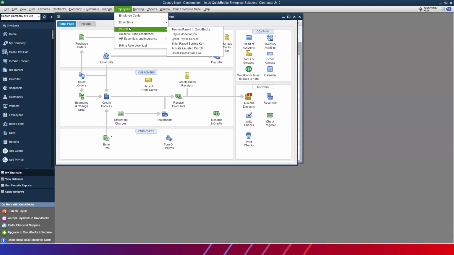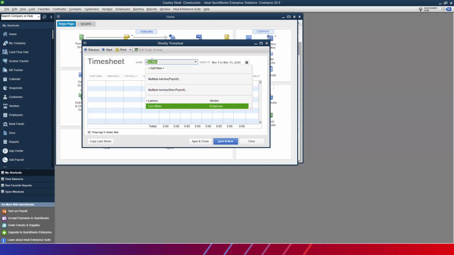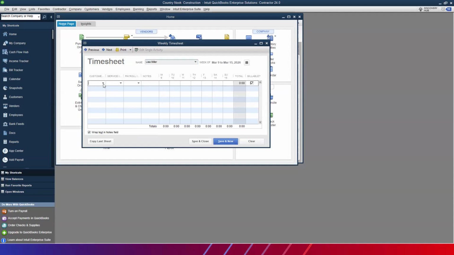enter time, and I'm going to choose me. You can go in and point your time to a customer and a job. So if I came in and I wanted to point this to Jack Dawson, maybe the person was on there Monday for 3 hours or 6, whichever you type in, and they were on another job on Tuesday for 7 hours. You can put all their time on there that is associated with an actual job on their timesheet, and